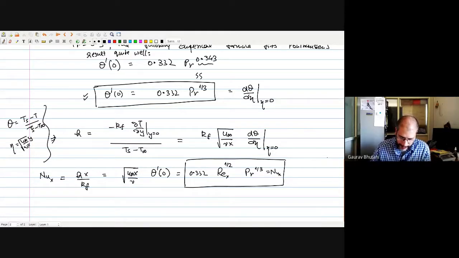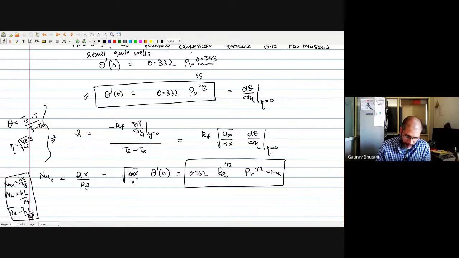Now remember that there is sometimes a confusion. Sometimes we write a Nusselt number which is the h value times L by kf, sometimes we use the local Nusselt number, which is h times x by kf, and sometimes we use the average Nusselt number, which is h bar times L by kf. So one has to be careful as to which expression for Nusselt number is being used. But remember, ultimately everything is used to find the value of the heat transfer coefficient. So one must be careful as to which one is being referred to.